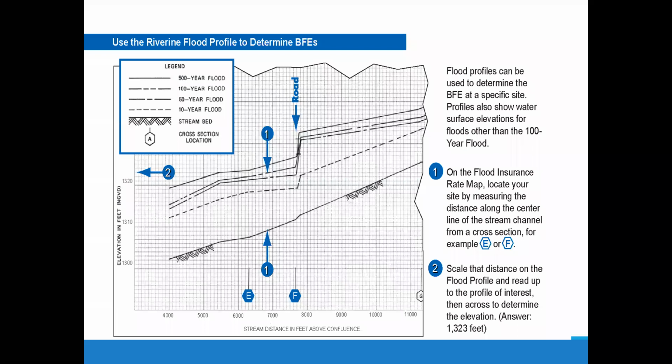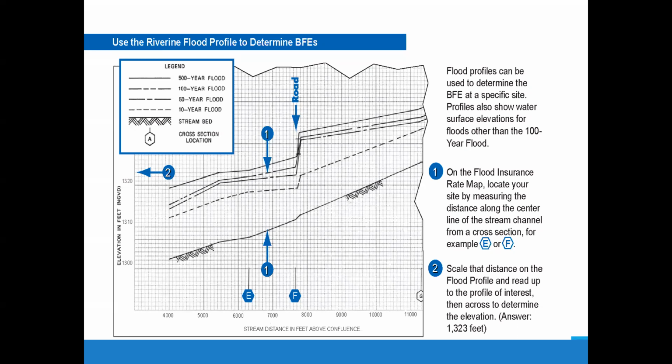And did you notice that in this map legend, it says 100-year flood on this FEMA document? Told you not to use that term, but I did warn you that you'll see it on some FEMA documents. A 1% chance flood is the line we regulate to. So if you were looking at your flood map and you saw cross section E downstream of your property, and you saw cross section F upstream of your property, and your property was somewhere between cross section E and F, you would get out a ruler or a scale, use the scaling on the map, and follow the stream channel to measure the distance downstream from one and upstream from the other, and you'd make a ratio.